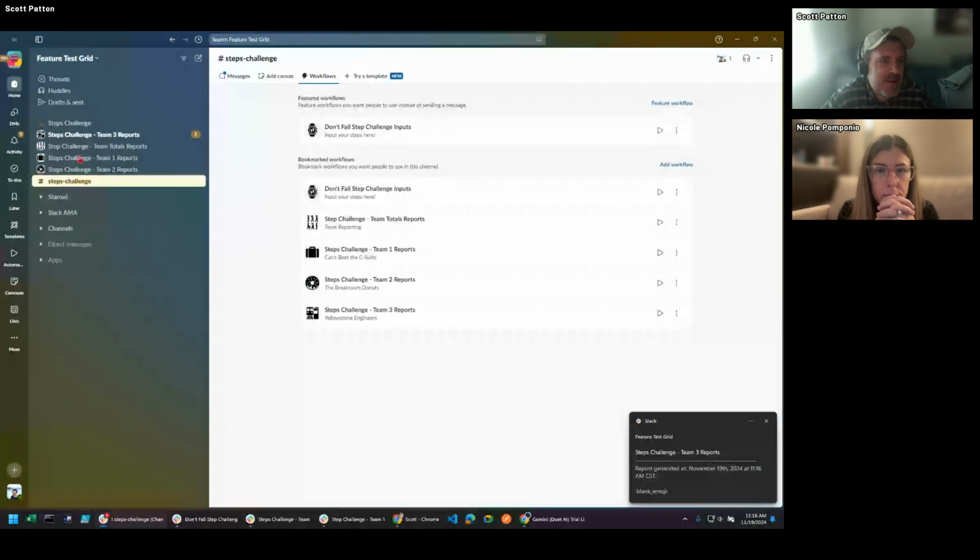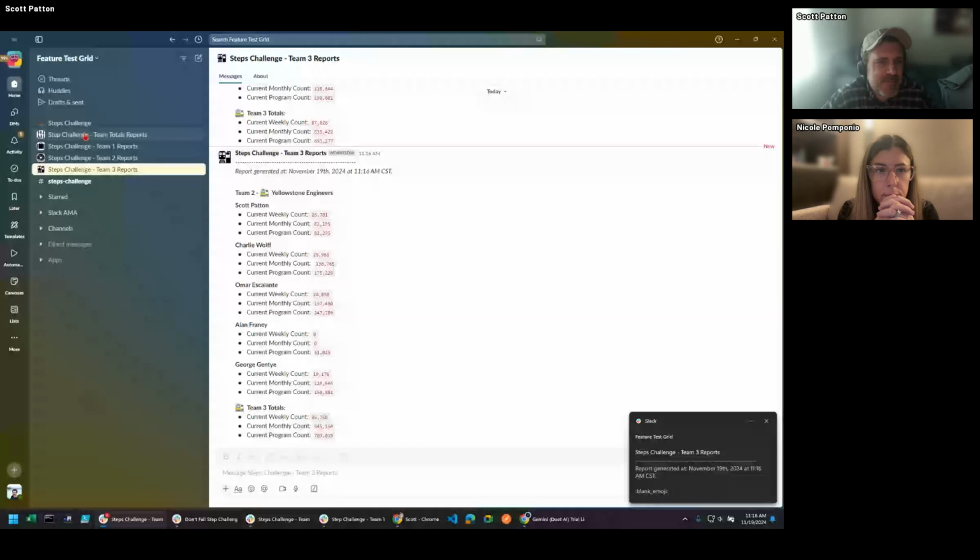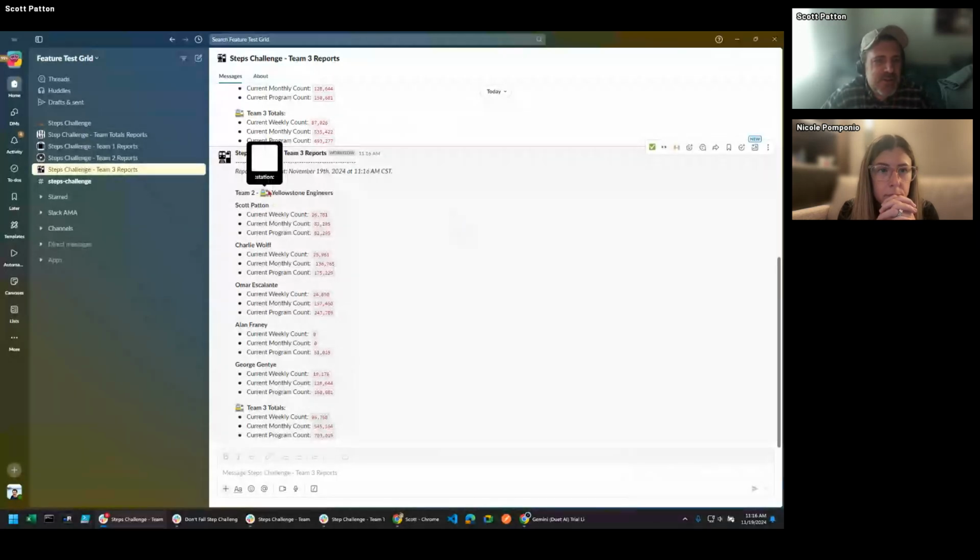And there's my pop-up. So there's the team 3 report. This actually says team 2, but I should say team 3. So here's a workflow which reads all those values in the Google Sheet and provides a report of every single user, what their steps are for the week, the month, and the program. Likewise,